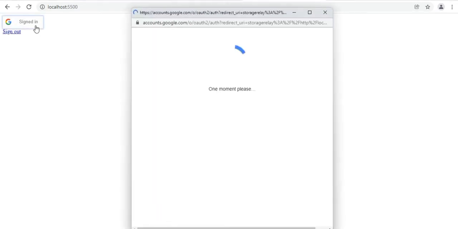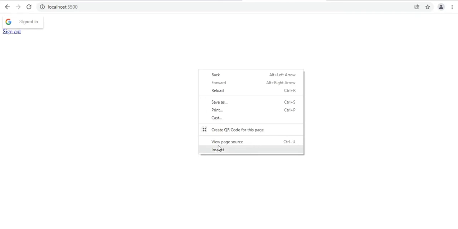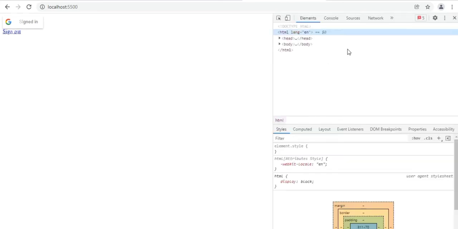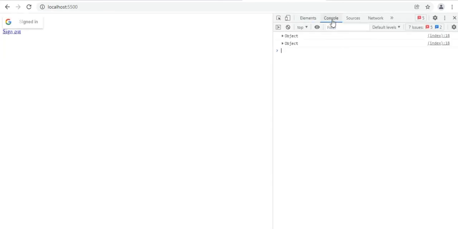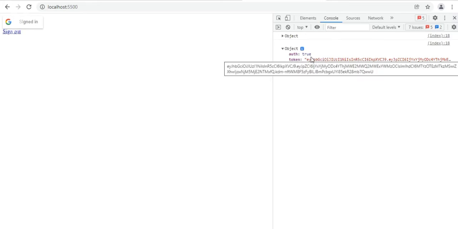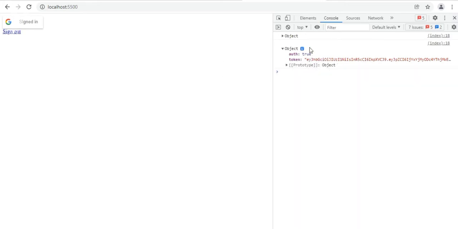When the user clicks on the sign in button, he will be asked to sign in, and the backend checks if any account exists in our database with that email. If there is one account, then a JWT token will be generated and we'll get that token to the front end. But if there is no account, then a new account with that email has to be created. Let us see how it is going.